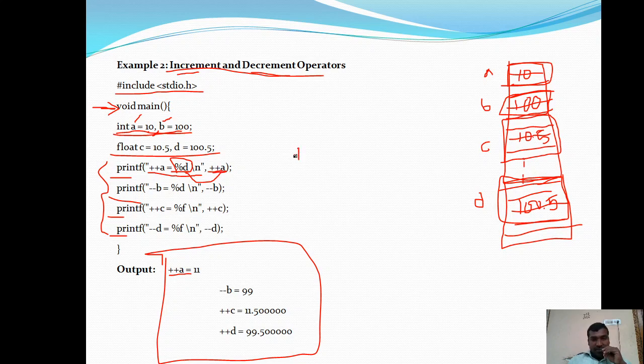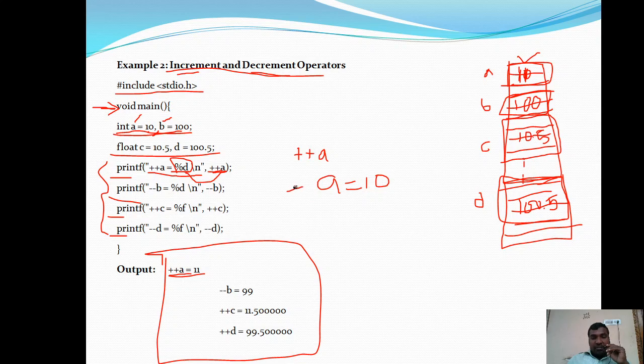So ++a increases the value of a by 1: the already existing value of a is 10, and that 10 is increased by 1, so 10 becomes 11. Now the value of a is 11. That 11 is moved here and replaced in place of %d. Now ++a becomes 10. So the actual value of a is 10.